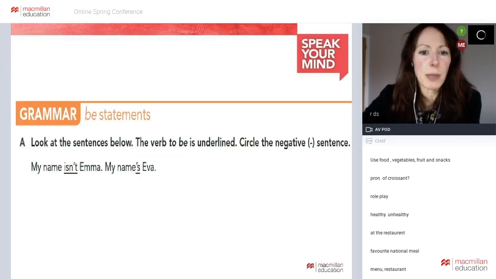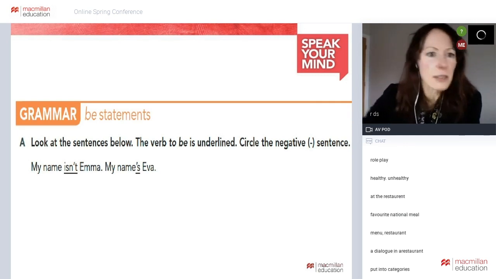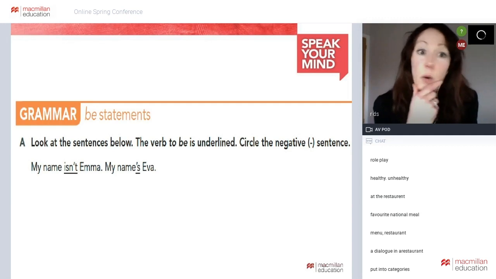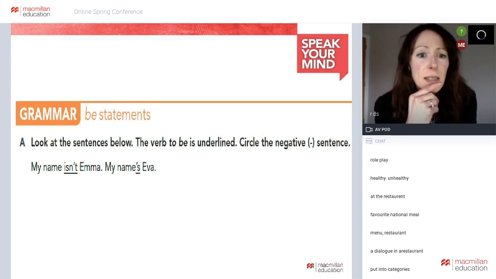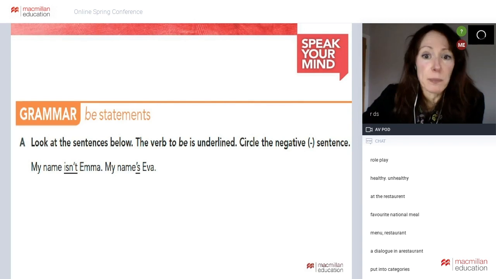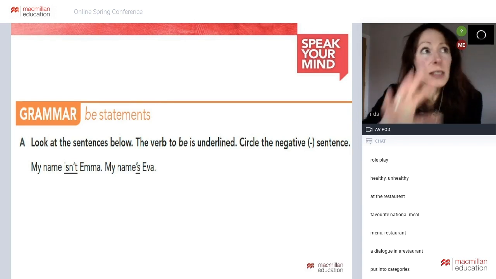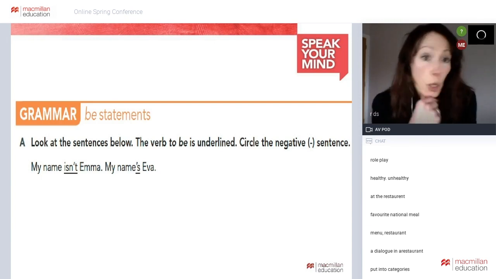Let's move on to grammar. Our next place to visit for the language systems. So this is from Speak Your Mind Again. And it's a super simple activity, or is it? Let's see. So activity A, look at the sentences below. The verb to be is underlined. Circle the negative sentence. So I've included this one, and if we remember back to achievability, this is totally